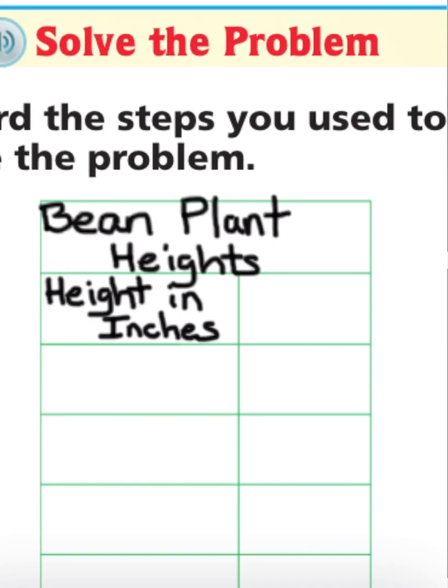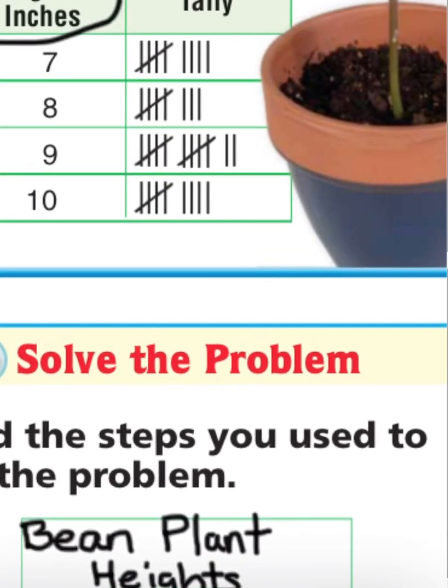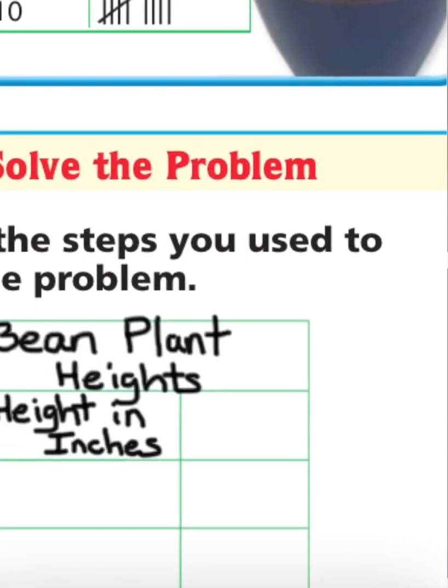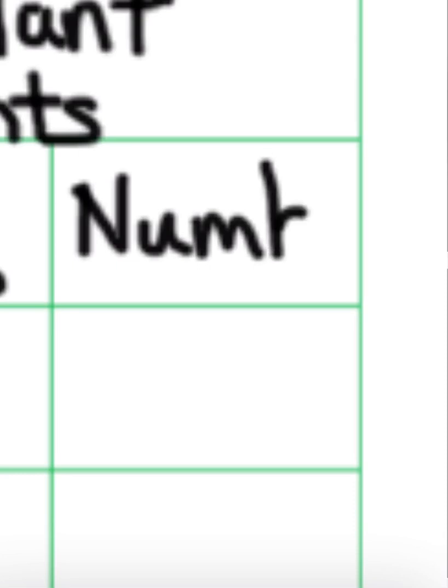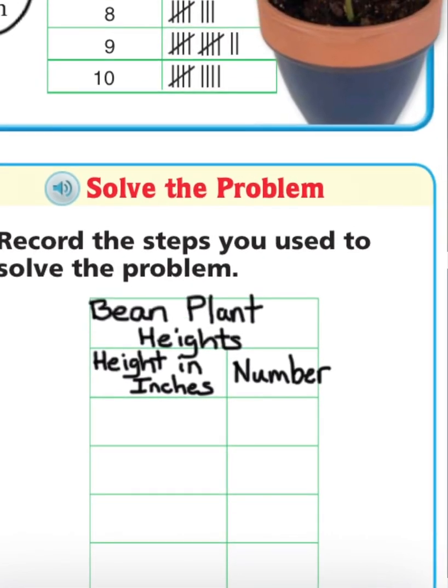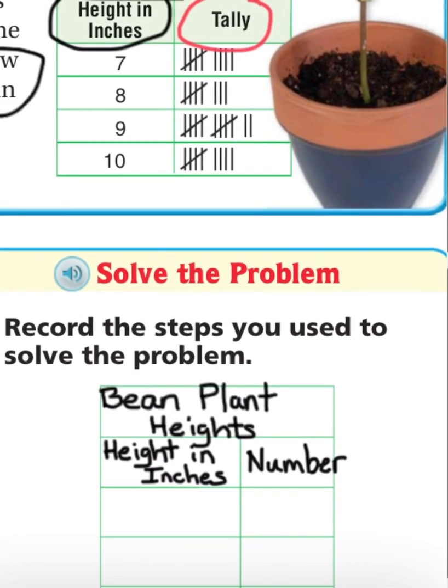All right, so I have the name of that column also. And then the other column here, it's a tally table, so they put tally. We're making a frequency table, so instead of writing tallies, we're going to write in numbers. So the heading is titled number. I'm going to go a little outside the box, but that's okay. That is the one thing that does change so far in the frequency table compared to that tally